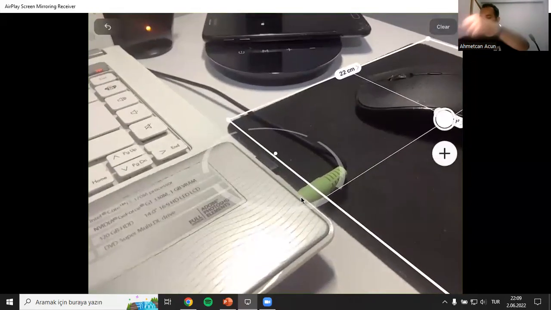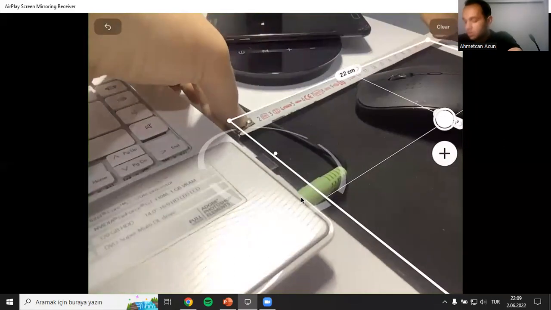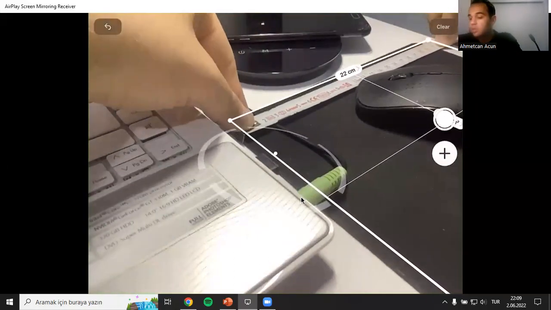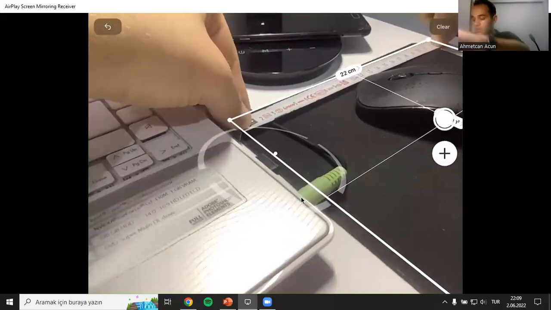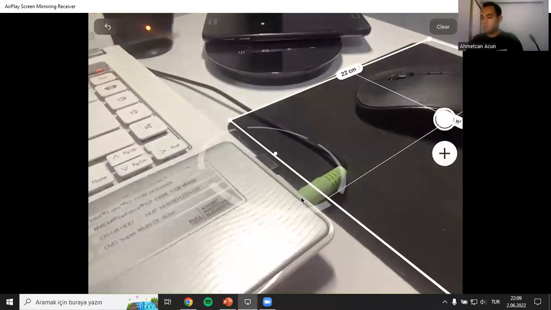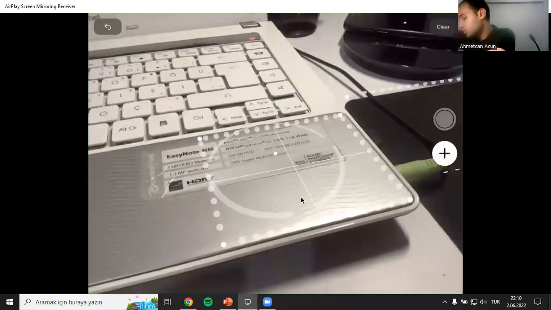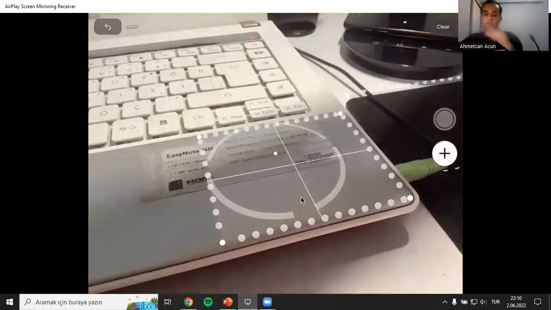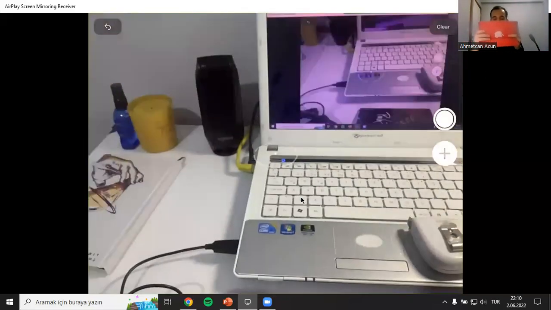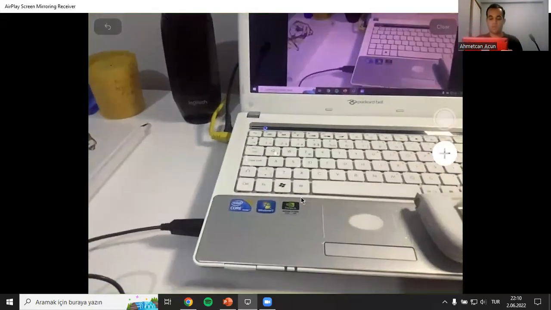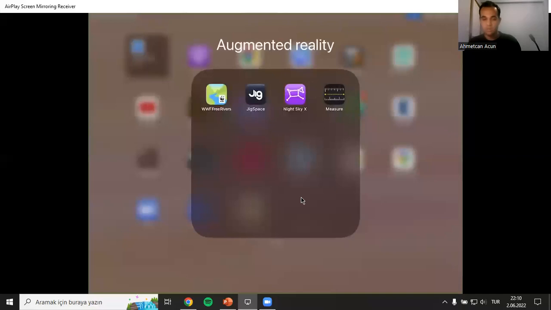Let's measure. As you can see, it's 22 to 22 to 17. It is pretty accurate. So this is just a basic app that can measure things, and this is just the beginning. The other thing I will mention is